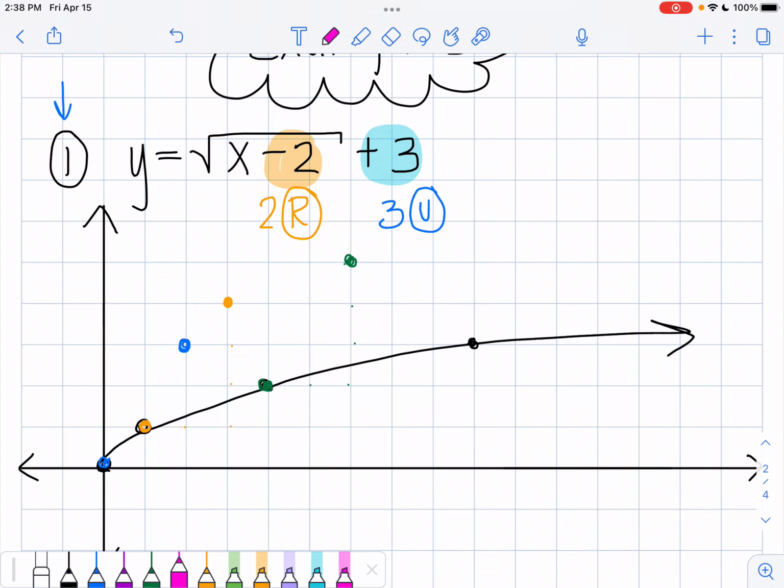And then my last point right here, I'm going to make this pink. I'm going to move it right 2, up 3. And here's my point right here. Notice it's in the same location. It's over 5, up 1 from my green point. So my actual square root graph this time,